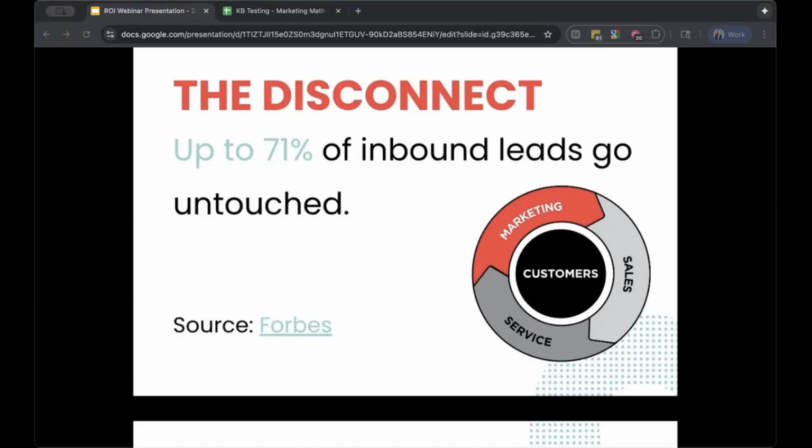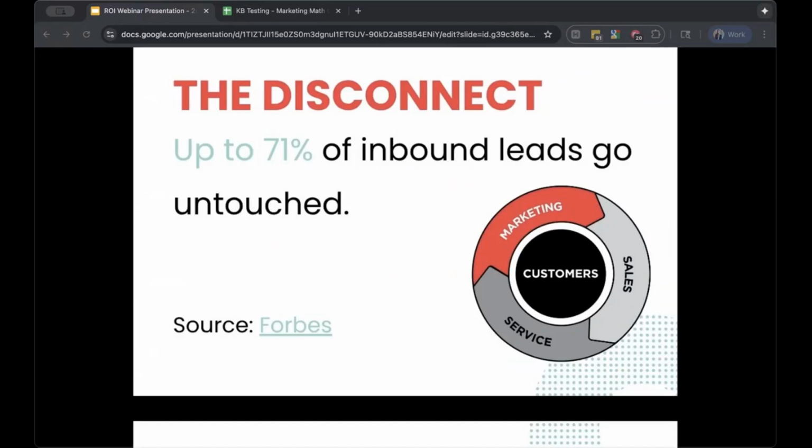We worked with a manufacturing client with a one-person marketing team and a sales team of 4 or 5. And marketing was generating between 30 and 40 leads a month. And they're using a small paid budget, organic social, their website. They have their marketing plan laid out. It all sounds great, right? No, wrong. Sales wasn't consistently following up. So when we dug in a little bit and asked them why, what was going on, they didn't think that the leads were good or worth following up on. Yeah. Exactly. They said they get better results from referrals, which makes sense. We'll dive into that a little bit later.